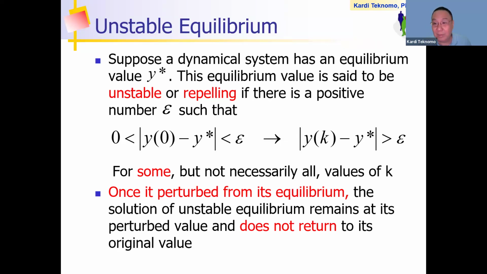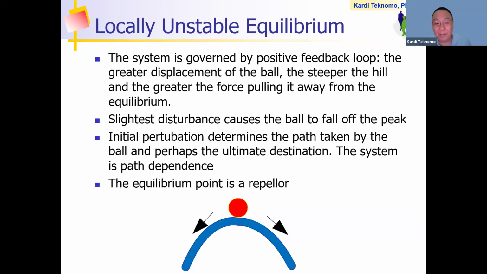To imagine that, think of a ball, and you put it in the reverse direction, on top of a bowl. Carefully, you put the ball on the top of the bowl so that it will not fall. That equilibrium is there. So when you put it carefully exactly on the top of the bowl, it will not fall.